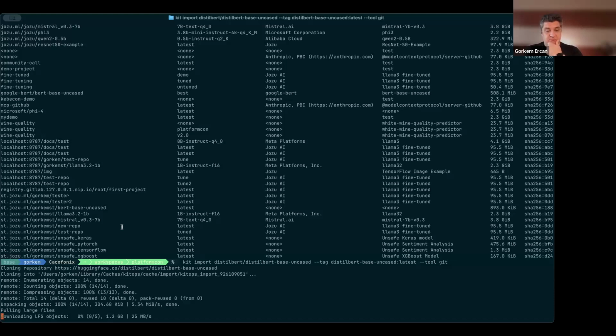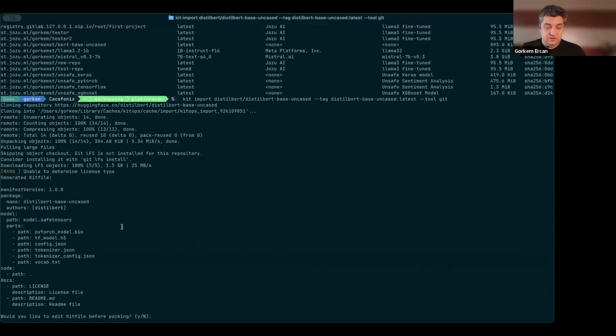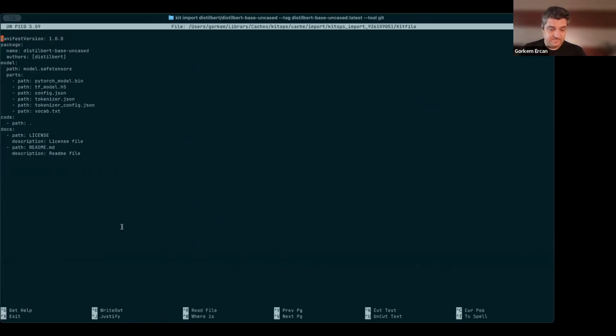Of course this flow is going to take a little bit longer because it actually downloads everything up front and then packages them afterwards. But yeah, let's not package everything maybe.